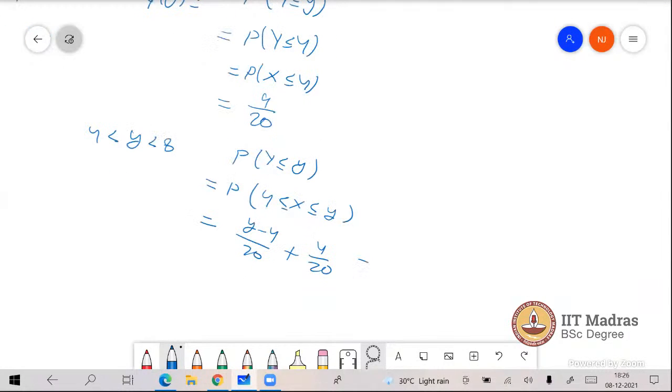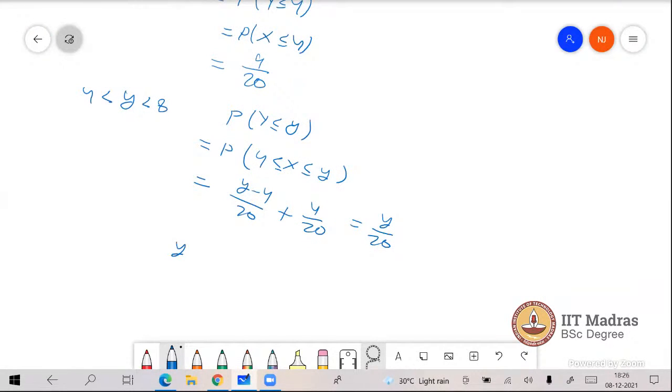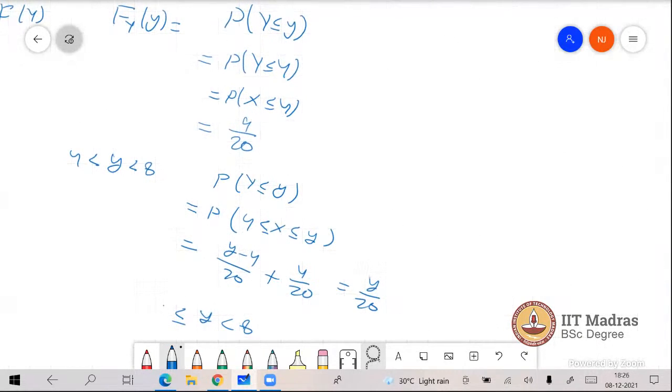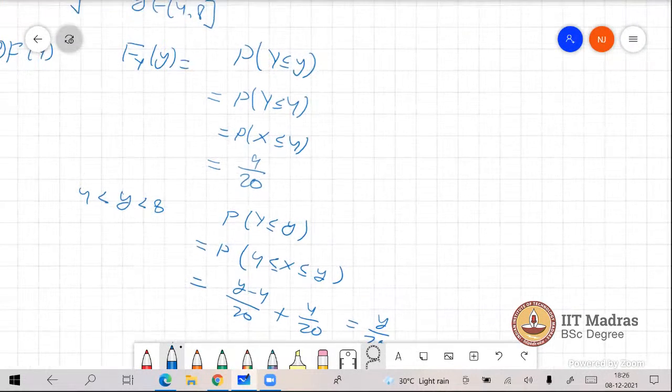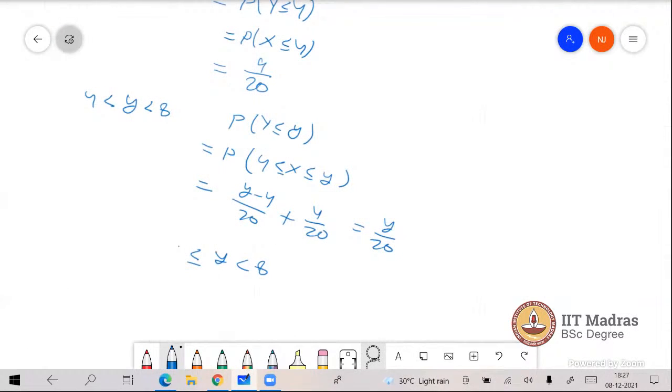So this is gonna be a by 20. So it is same thing. The same thing you can write as by whenever y is less than 8. Sir, is it the previous 4 by 20 you are adding? Yeah, less than 4, right? This 4 by 20 I'm also adding. So this will become by 20 whenever y is less than 8, and whenever y is greater than 8,